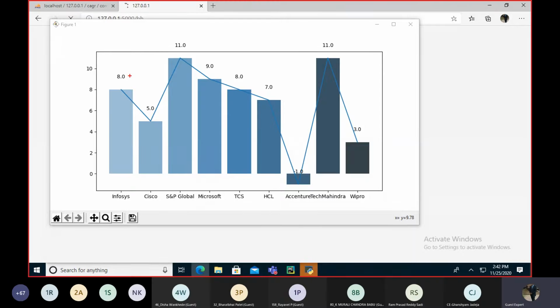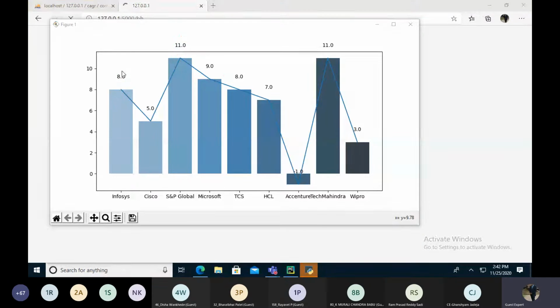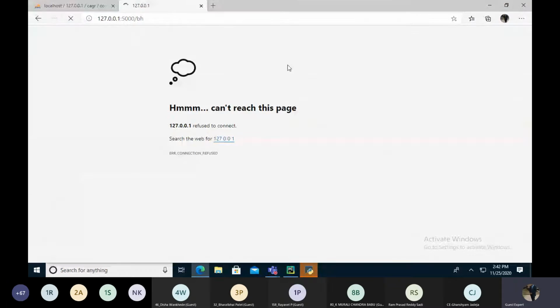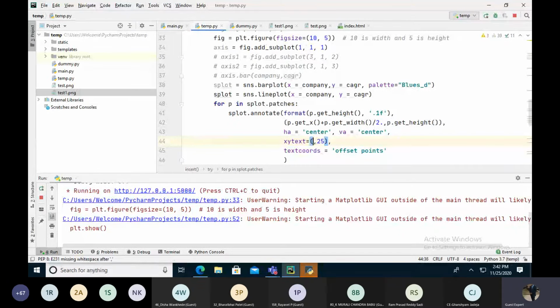So it's basically for the placement of the text. It has moved a bit upward from the point. And if I change it again, I change the x-axis now. If I do this 25 as well. Let's say we keep this 0.